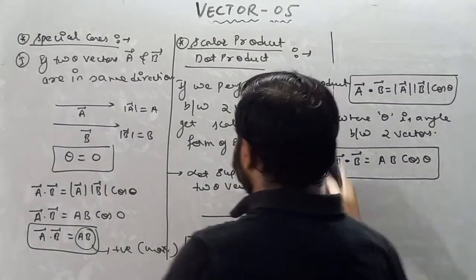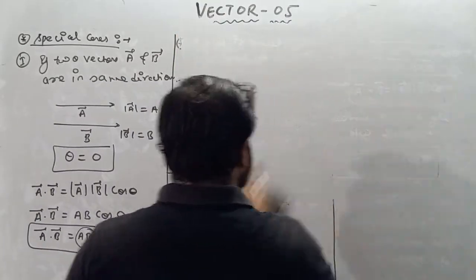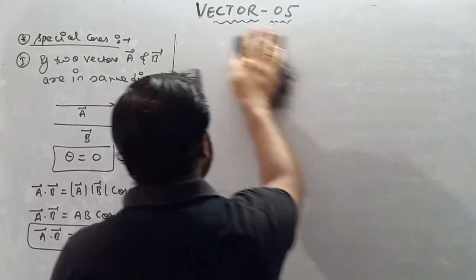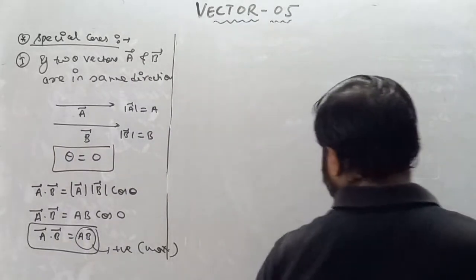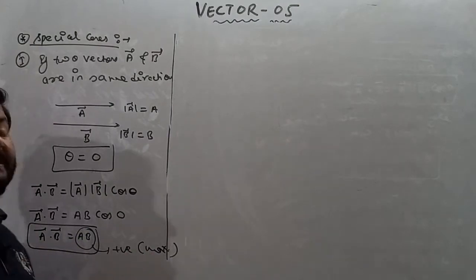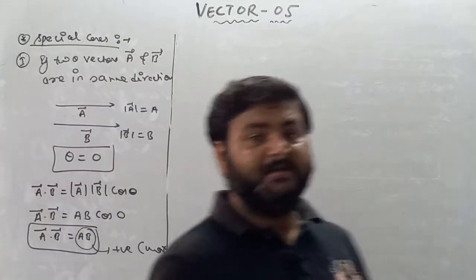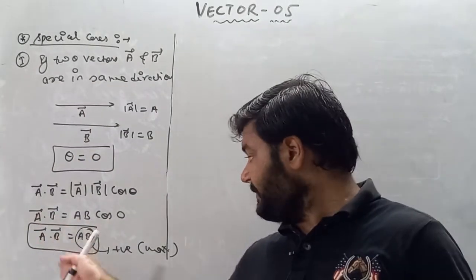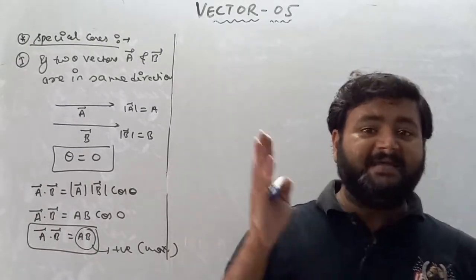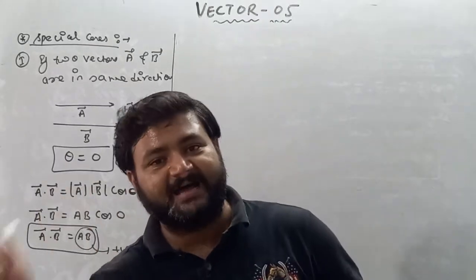I hope you all understanding. As two vectors are in same direction, then angle between them is 0 degree, and we know that if angle between two vector is 0, then cos 0 is 1. So A dot B is equals to AB. This is considered to be positive value, and this value is maximum value, my dear student. So if you want positive maximum value after dot product of two vector, then it is compulsory that both the vectors must lies in same direction.